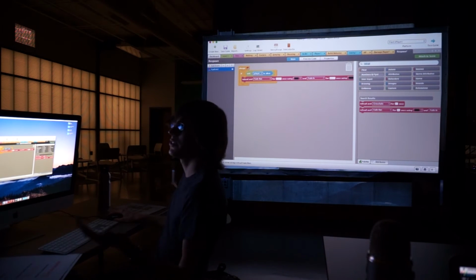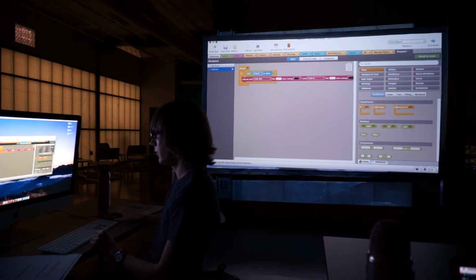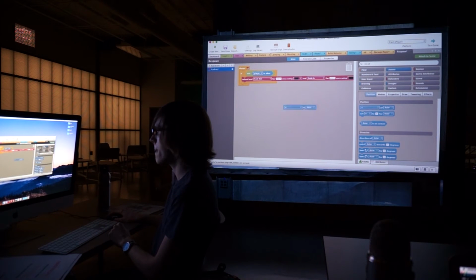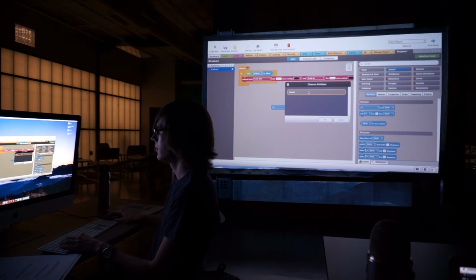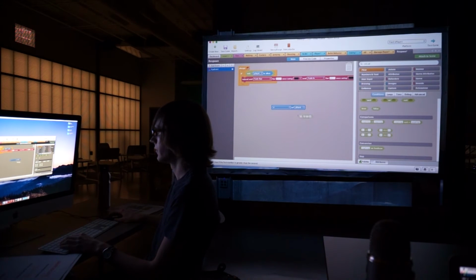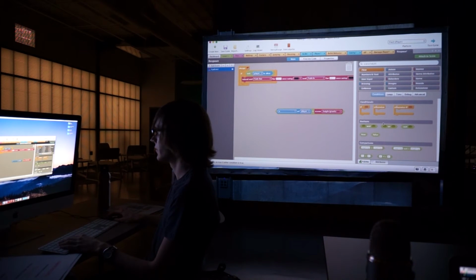And also, since it's a platformer, if we fall in a pit, we also want to reload. So we can also add that in. So if the Y of player is greater than the scene height, and we drag in an OR block,